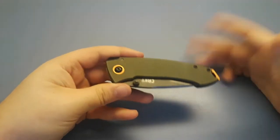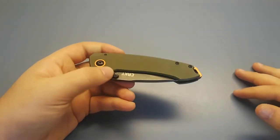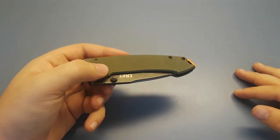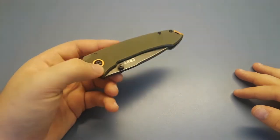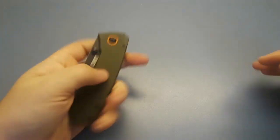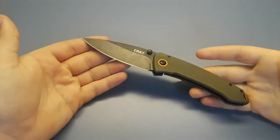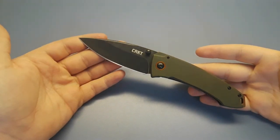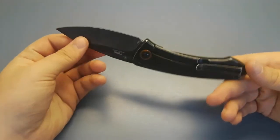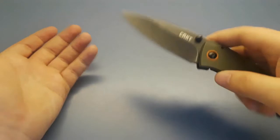On paper, this knife is something that I would hate. If someone just said, hey, we want to give you a $50 knife that is a steel frame lock with 8CR13MOV blade steel and Teflon washers, I would have said, nah, I'm good, bro. But I got this knife because I love the design, and I can't deny that it's a good knife. With the 8CR13, just sharpen her up. But lockup is solid. As far as EDC knives go, you can't do